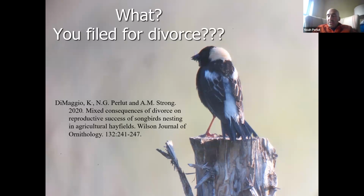And that nest either is successful or it fails. If they re-nest that year, they have a choice to either re-nest with that same mate or pick another mate. And so that's a choice of divorce right there. And then a second choice of divorce is that pair